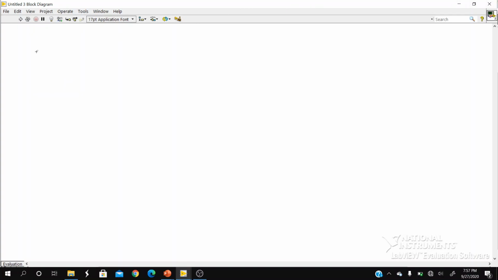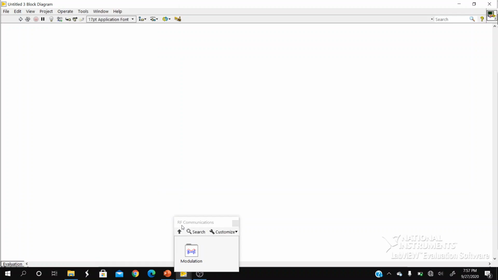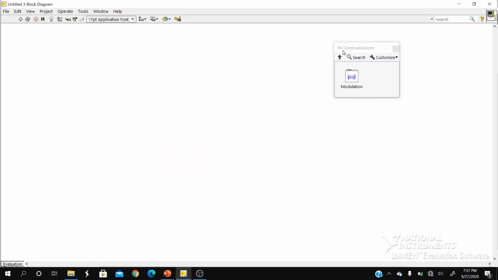The first thing we require is the information source. To select the information source, that is random bitstream generation, right click on the block diagram window. You will see an RF Communication palette. Pin this particular palette, drag and place it on your window.